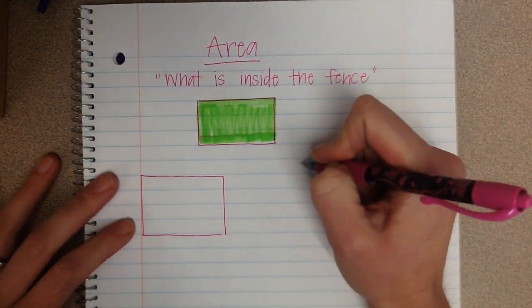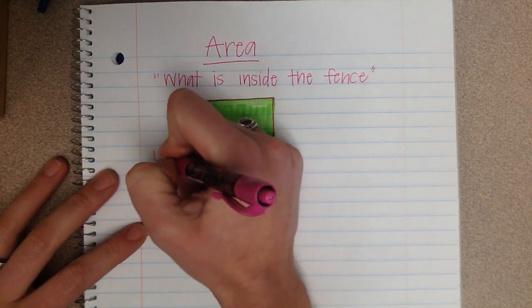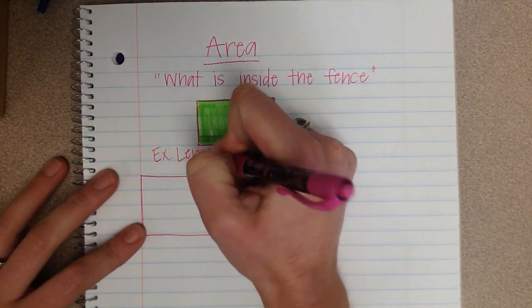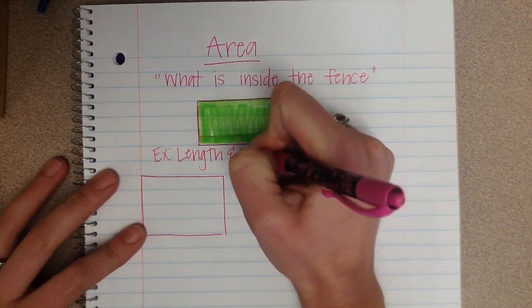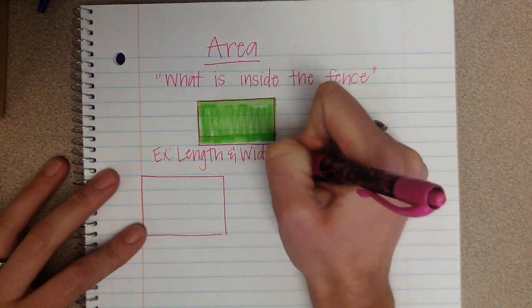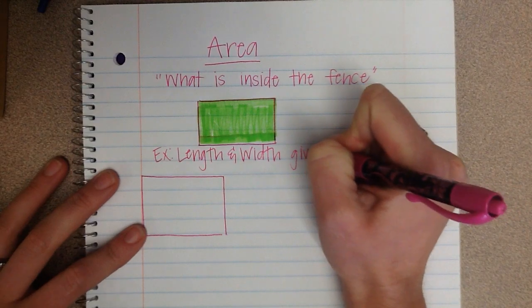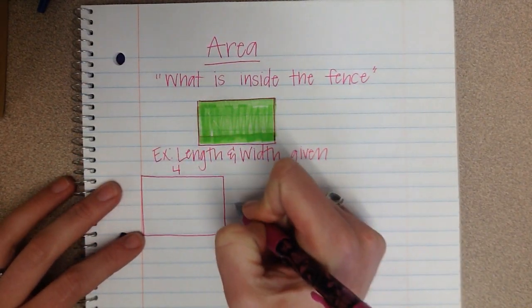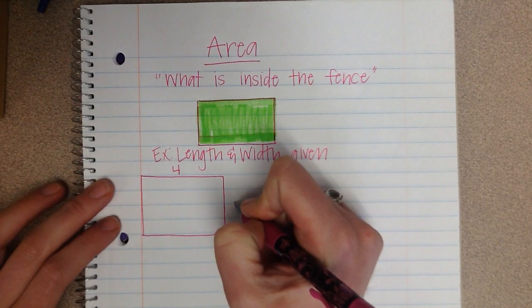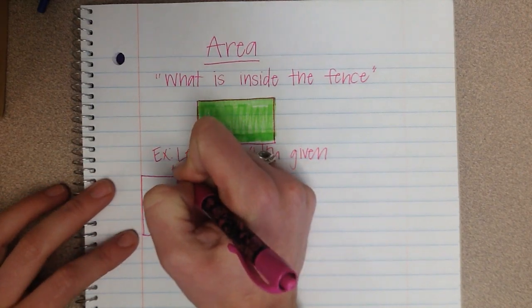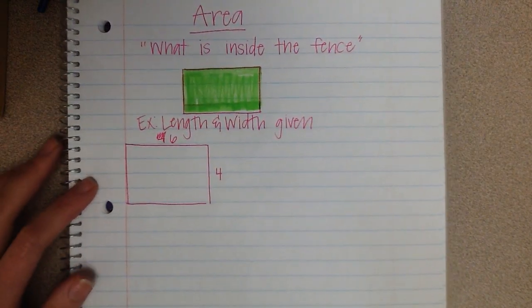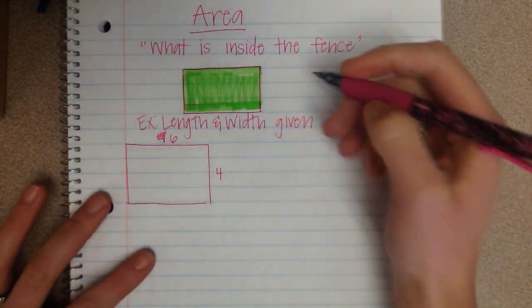And I'm going to write here, example, length and width given. Say it is 4 and, I don't want that to be 4. I want this to be 4, sorry, and I want this to be 6. Okay? So, all you do to find area